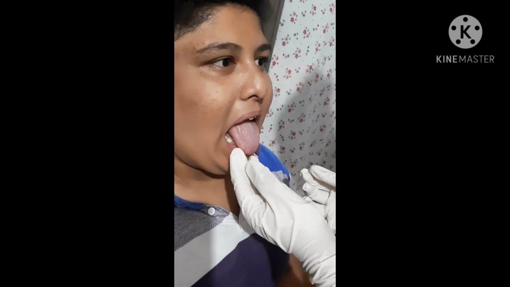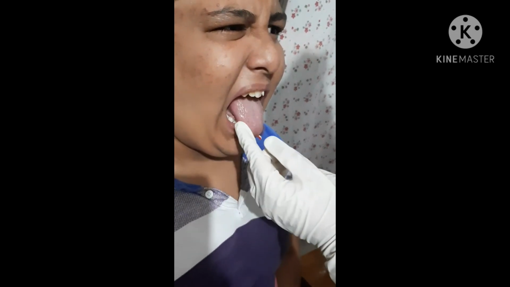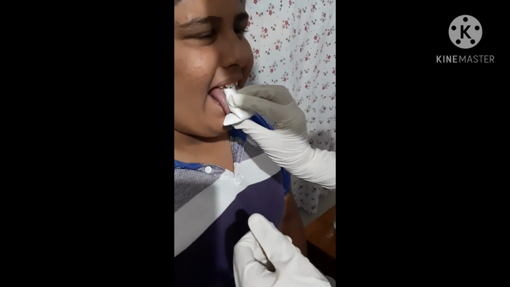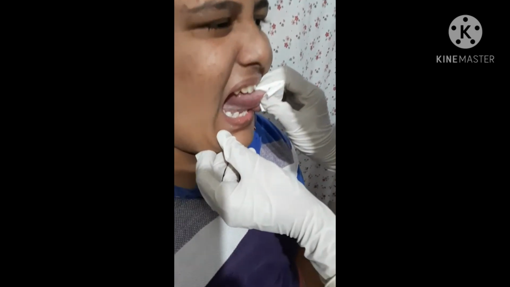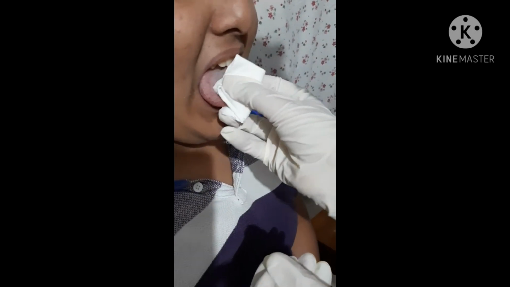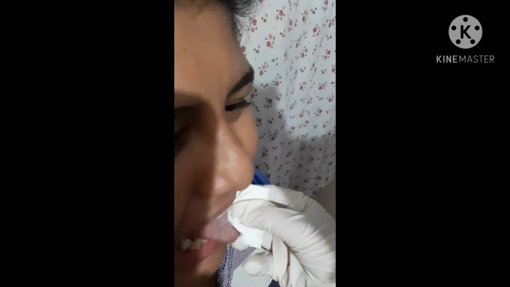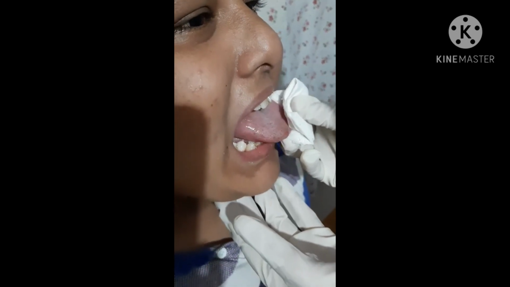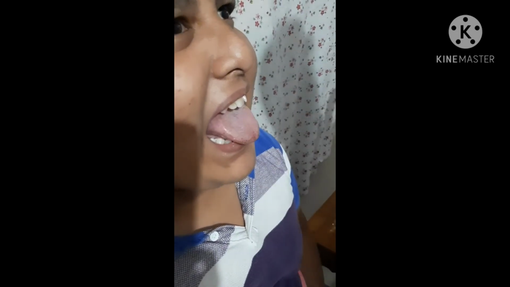Next, I inspected the tongue. Especially, I looked for its color, its coarseness, which may be due to the papillae, or any ulcers or any edematous appearing structures. By using a tissue paper, I held the tongue of the patient and then moved it to one side to check the undersurface of the tongue. This procedure was repeated on the other side. By doing this, I looked out for any